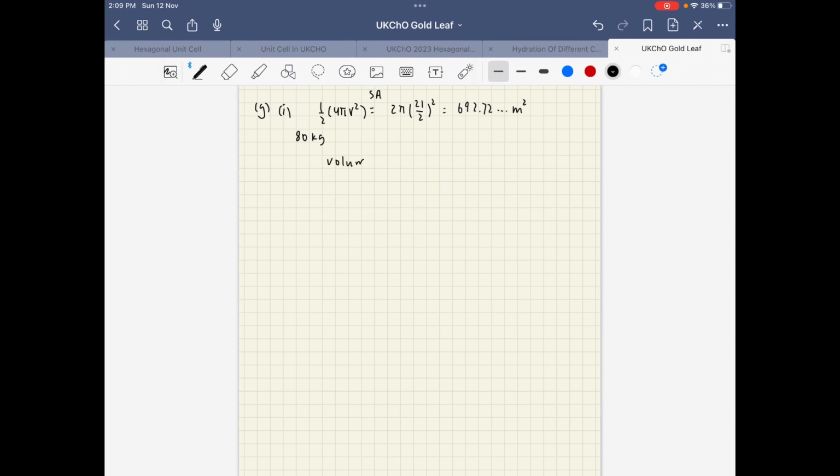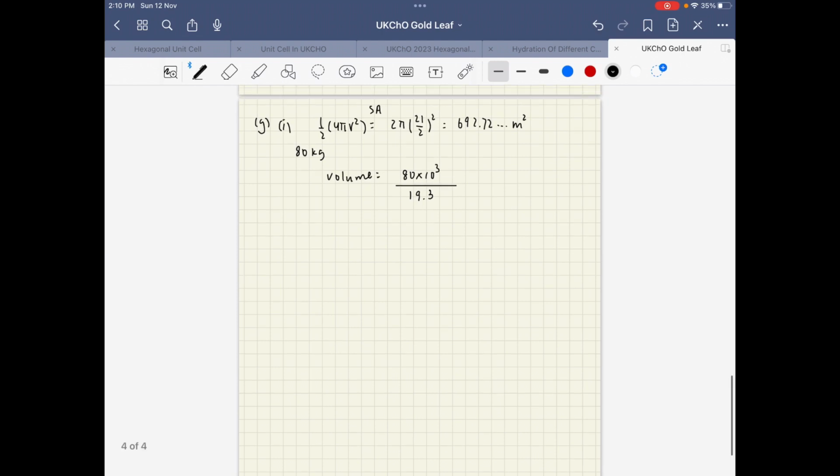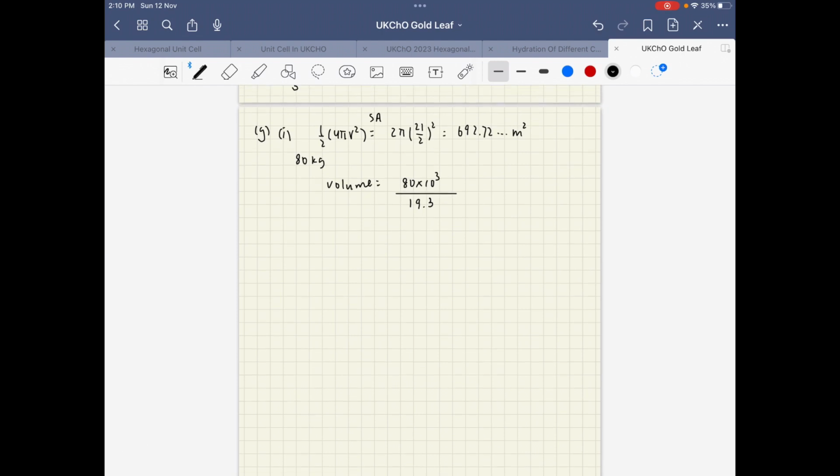My volume would be mass over density, and we'll use the density of 19.3 that's given to us, because this gold exists in the crystal lattice, and we have to use the overall density for the crystal lattice. So that's 4145 centimeter cube,